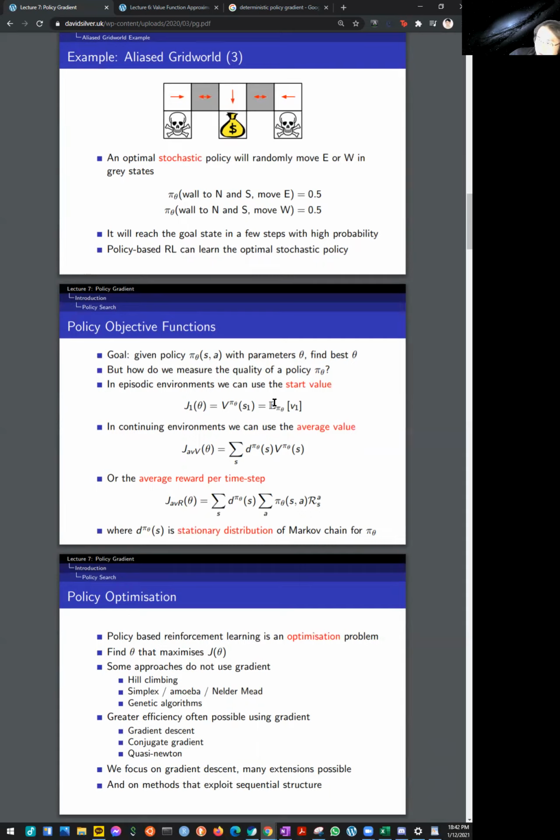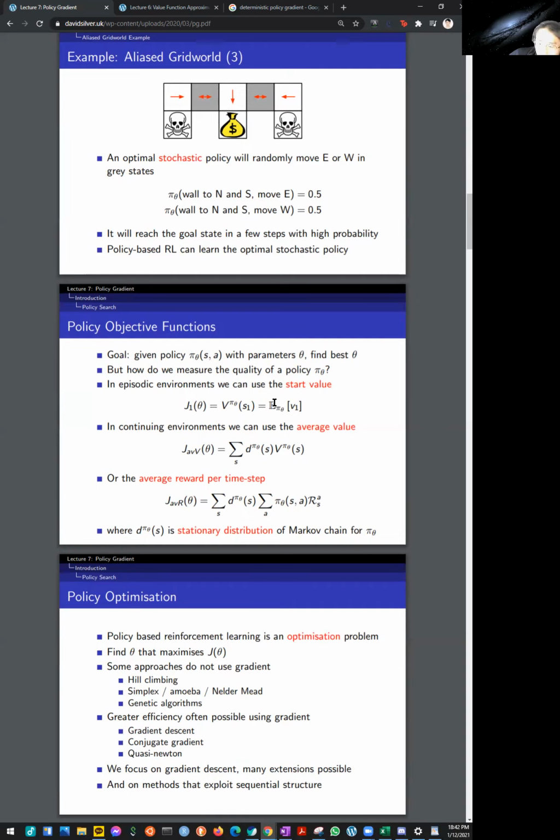But for the policy-based approach, the objective function is different here. We no longer want to minimize some kind of error function, but we want to maximize the expected value of a policy. So now instead of gradient descent, we're going with gradient ascent,